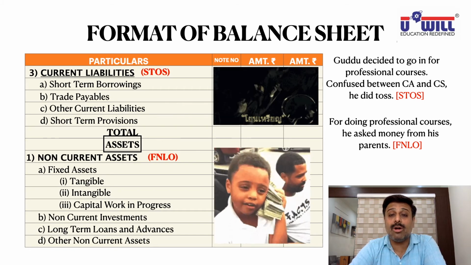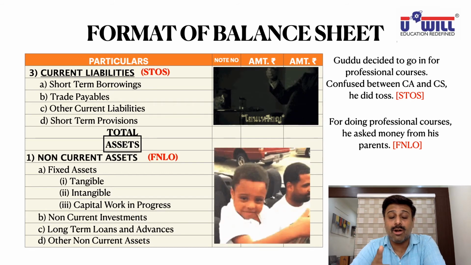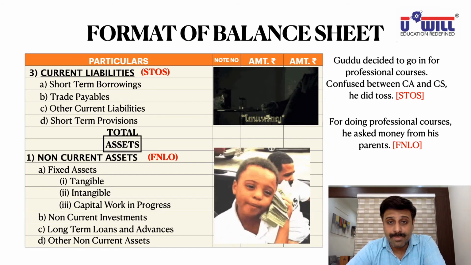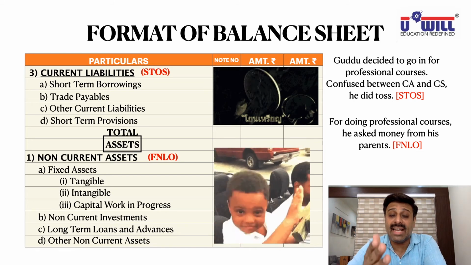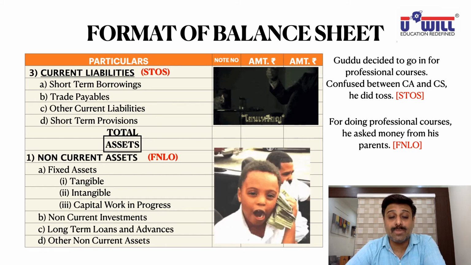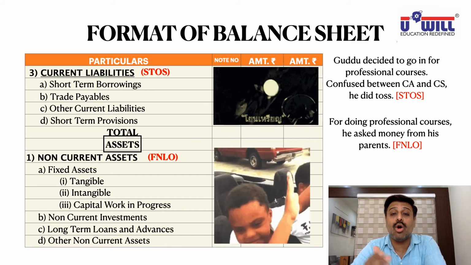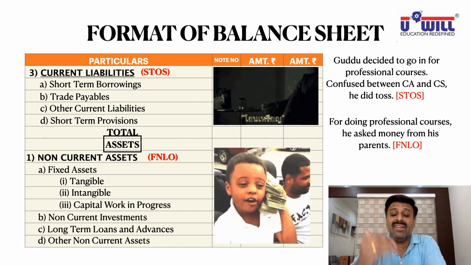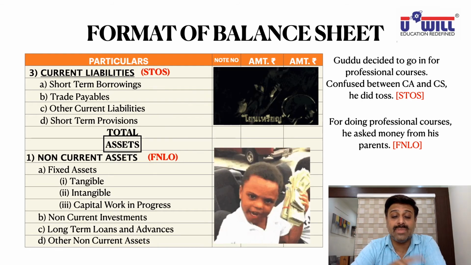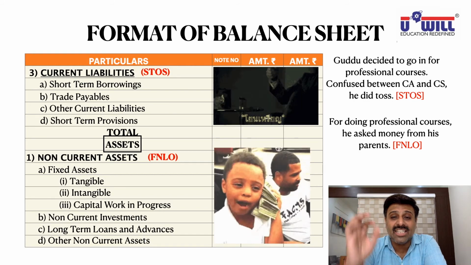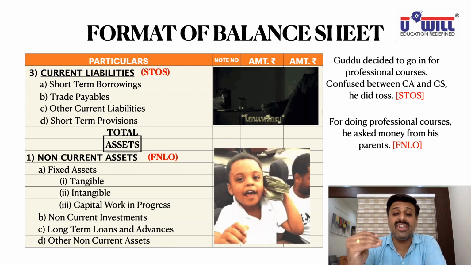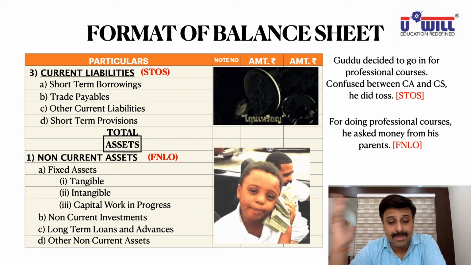So write down in bracket example, discount on debentures, underwriting commission, preliminary expenses, advertisement suspense, research and development expenditures. All these are other non-current assets which are going to benefit the company for a long period of time. They are expenses, so instead of showing them in expenses, we show them on the asset side. So all fictitious assets will be included in other non-current assets, but where the benefit is going to be for a long period of time.